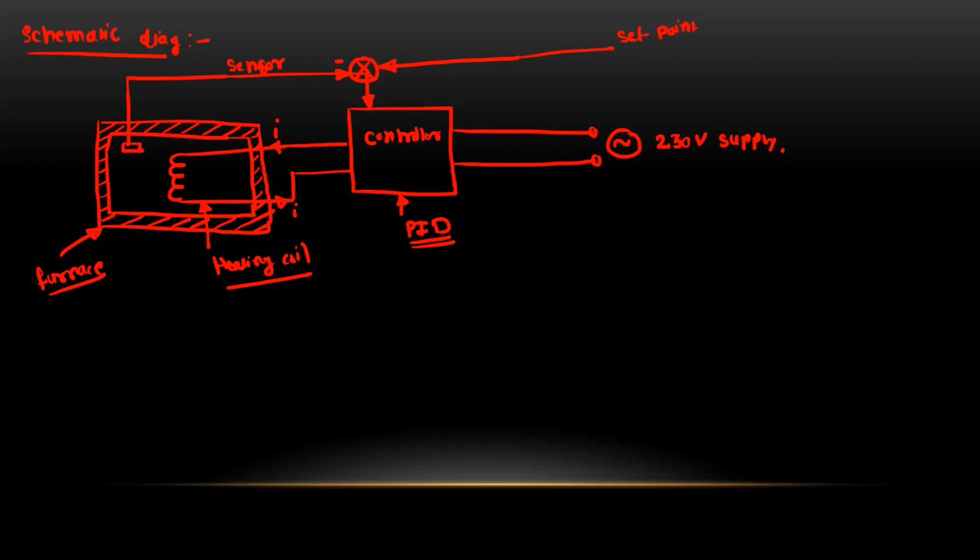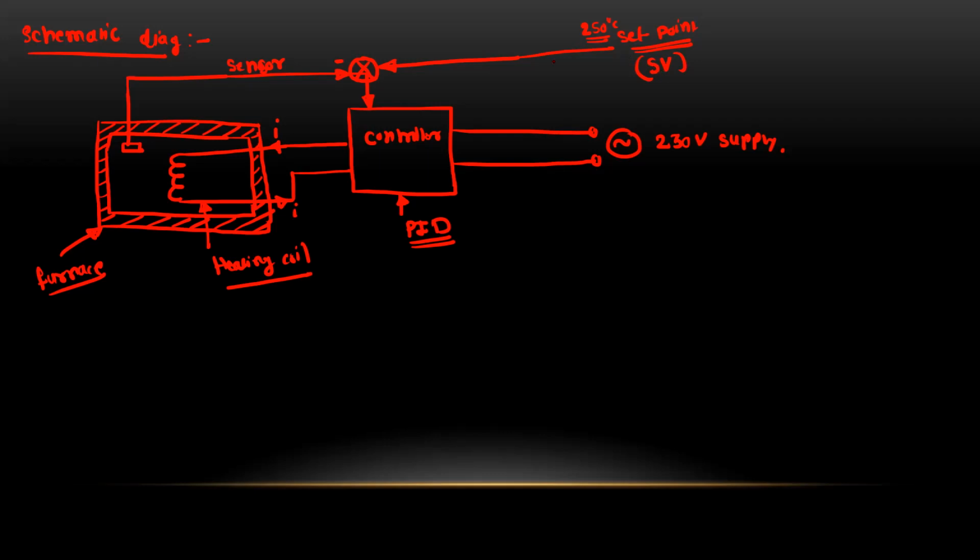Okay, so this part is a furnace. Now the desired temperature is nothing but the set point. Okay, so as per the value that is required, we can give the temperature. So suppose the required temperature is 250 degrees Celsius. So this 250 degrees Celsius will become the set point, or this set value. It is represented as SV. Okay, so this is the desired value.